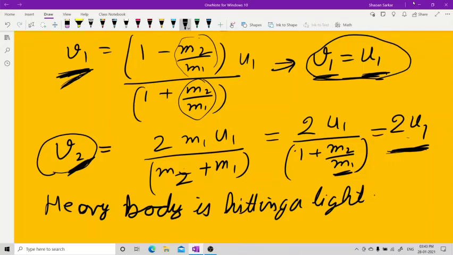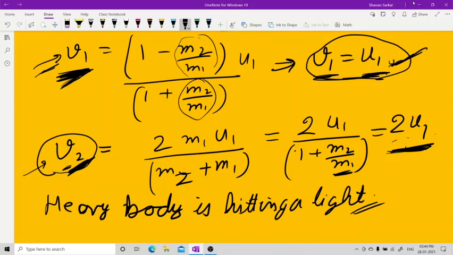So a heavy body is hitting a light body. This is that case. I made a little bit of a mistake in the beginning. Sorry for that, but the correction is here: the final velocity of the heavy body is the same as the initial velocity of the heavy body. जो फाइनल वेलोसिटी है हेवी बॉडी का वो सेम है इनिशियल वेलोसिटी हेवी बॉडी का, परंतु जो साइकिल रेस्ट पे था, the final velocity of the light body is 2 times the initial velocity of the heavy body. जो साइकिल की वेलोसिटी थी that it has become 2 times the velocity of the truck which hit it. So this is that case.